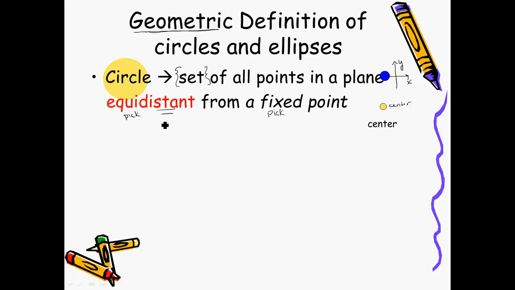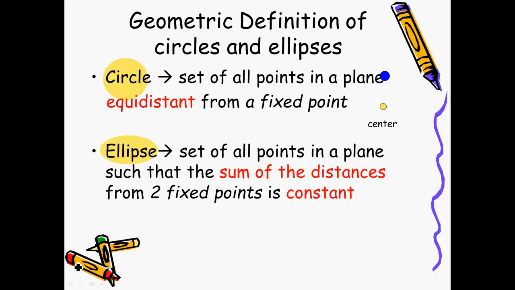So pick some distance, so this blue dot is a given distance from the center. And what I have to do, in order to generate a circle, is keep this distance constant no matter where I go in the plane, right? Whee! That's a circle. That circle is created by fixing one point,